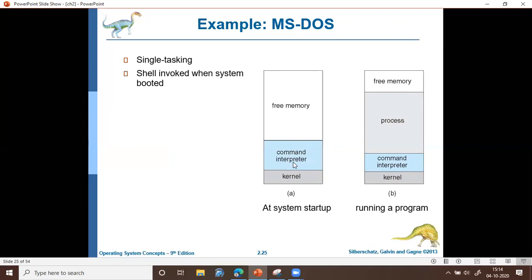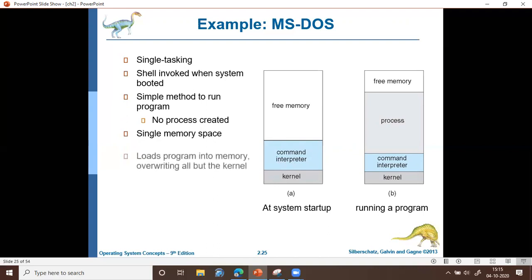The shell is invoked when the system is booted. It can run only one process at a time. There will be only one memory space. You cannot have multiple processes with multiple memory spaces, and it loads the program into memory. When a new process comes, everything will be overwritten except the kernel and some part of the command interpreter.